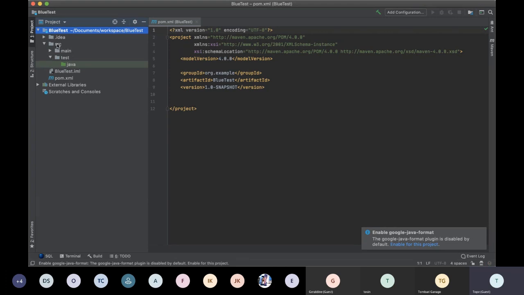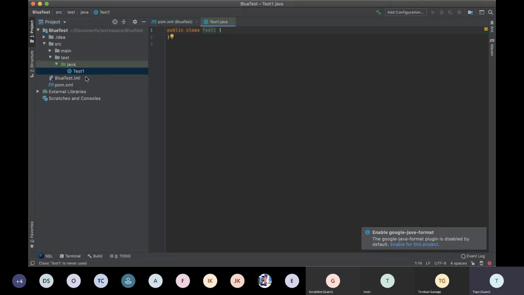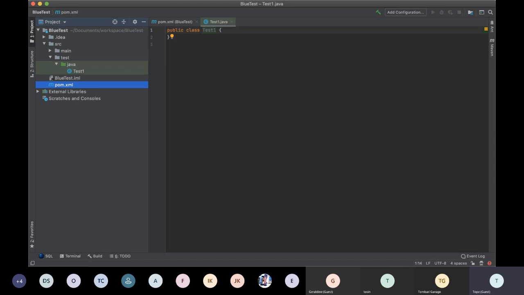All right, so I'm just quickly going to run a quick test. So I go to my SRC folder under tests, under Java. I quickly create a new class. I call the class, let's call it test 1. And then in my POM, there are basically 3 things I need in my POM. The base for this test I'm going to carry out, I need